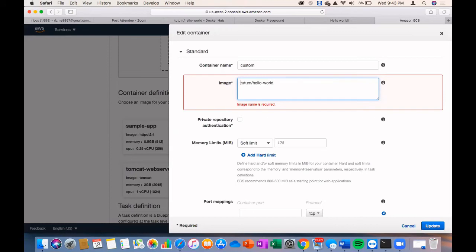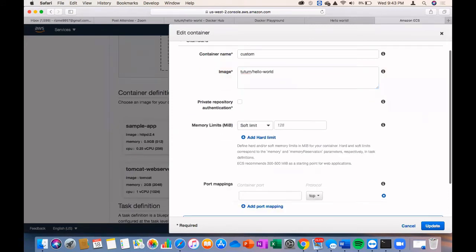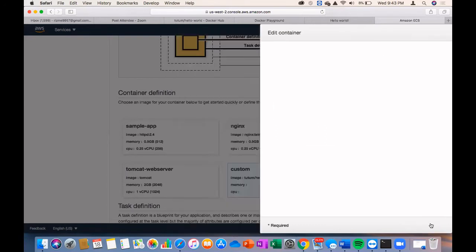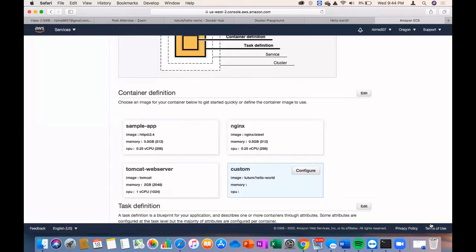So we are going to run the tutum hello world image from Docker Hub, right? So scroll down. In port mapping, if you want, you can give a port, let's say 80. Yeah, go ahead and just click update. Yes, scroll down.